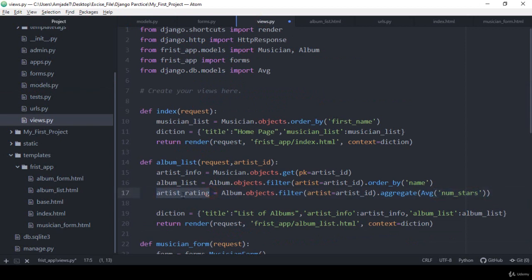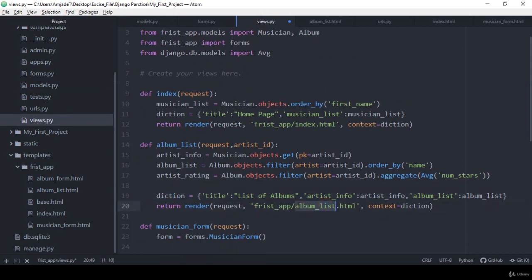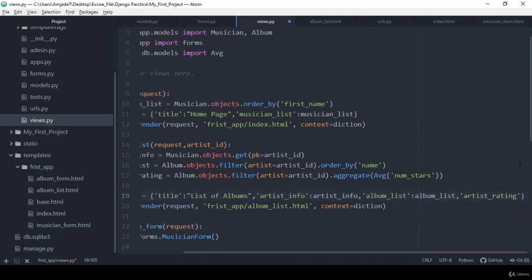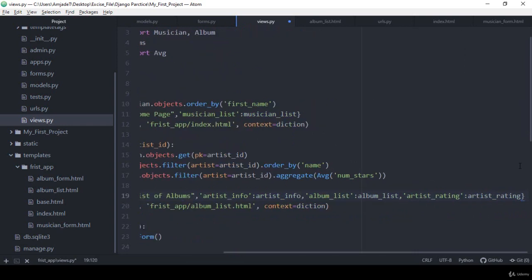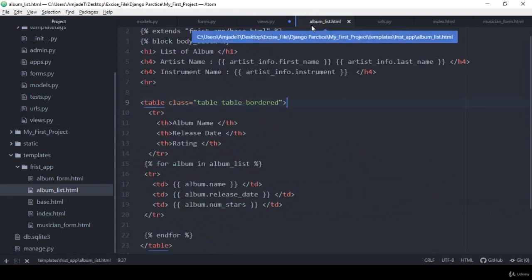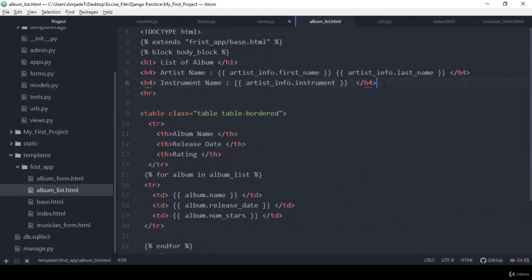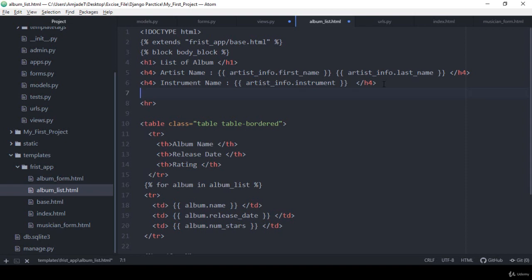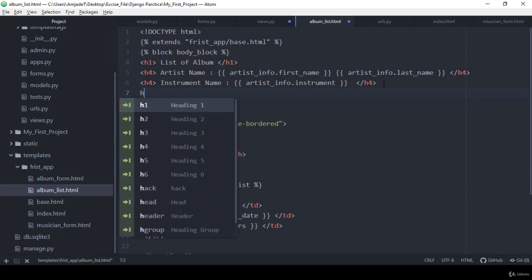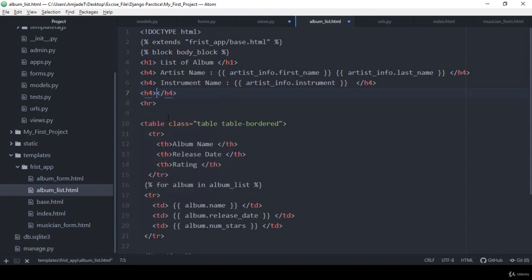Now we also have to pass it in our dictionary. That means here I want to make it visible in our album list page. So I simply define artist_rating, and I name it artist_rating. With this artist_rating we can display our average value. So now go to our album list. Here I want to display it. After this I just take one H4 tag, and here I name it